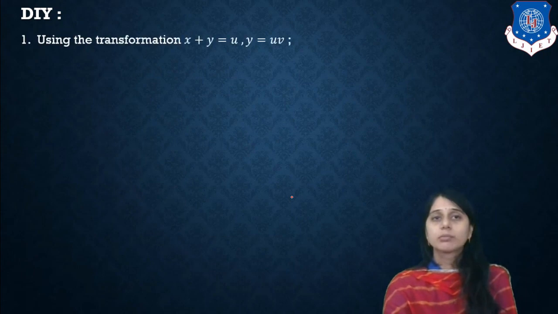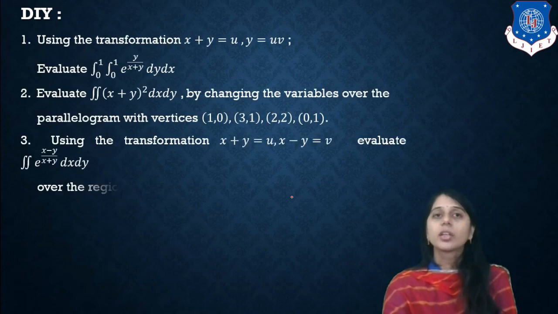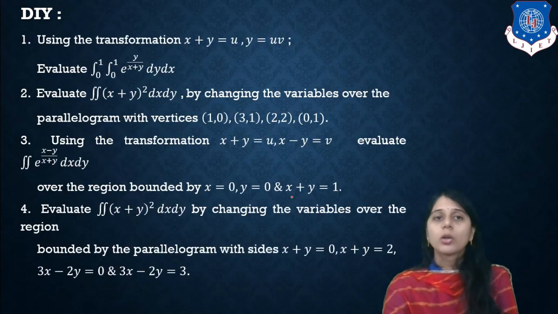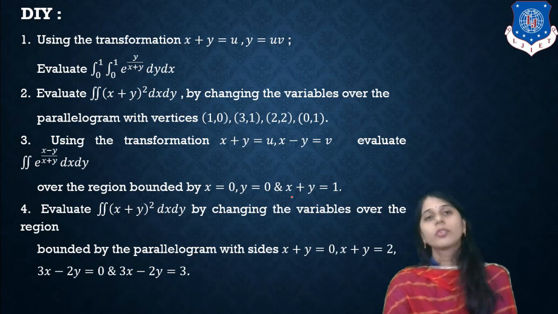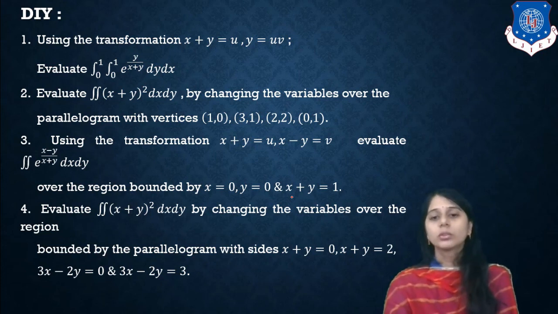We have illustrated some examples where the limits of u and v are given, and also some typical examples such as x plus y, where we say it is a UV form. Sometimes they do not directly give the formation in u and v. You have to assume how to create the curve and how to take the values of u and v from the example. If any query, then let me know in the lecture durations.